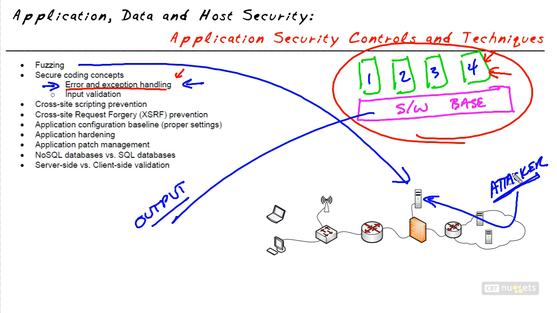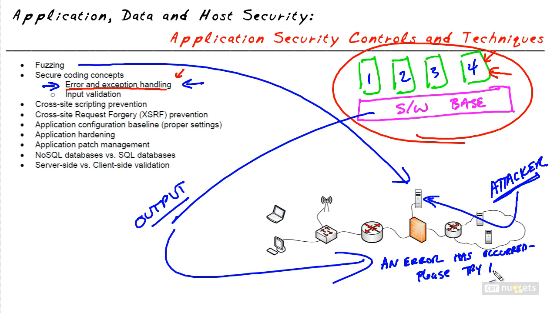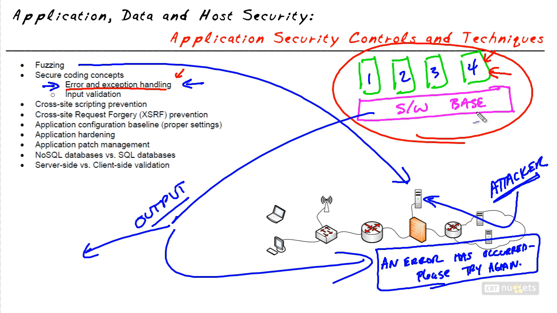So the output might be twofold. We might have the output that goes back to the user that simply says something like, an error has occurred. Please try again. Or something fairly generic. Or perhaps, oops, there's a problem. So it may be something simple like this that doesn't give the attacker any kind of significant detail about what really just happened. At the same time, we'd also want to have logs somewhere regarding this application,